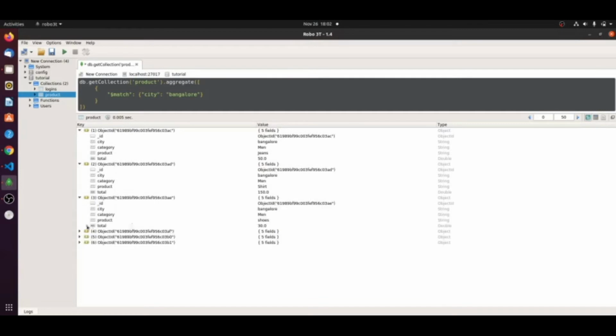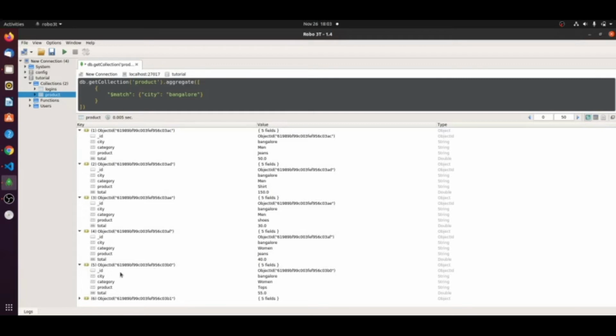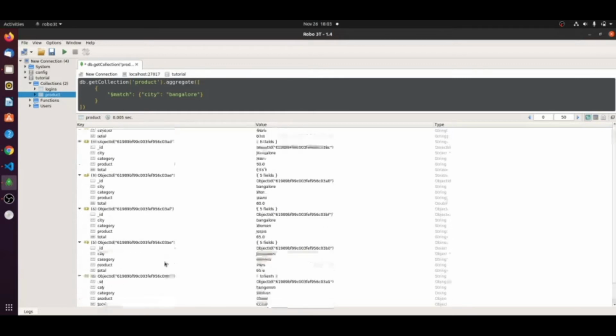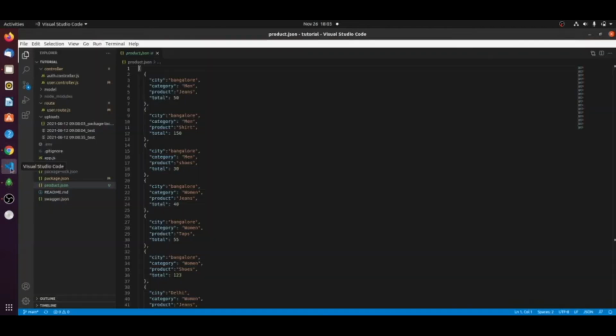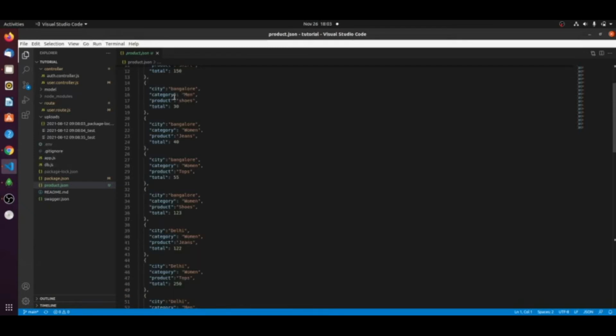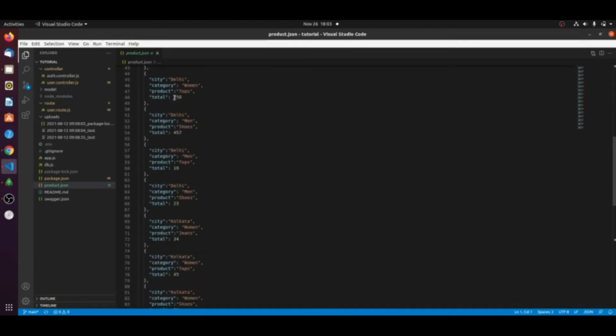Bangalore, Bangalore, Bangalore. Let's go to the next step. As I have mentioned, there are 2 to 3 cities.